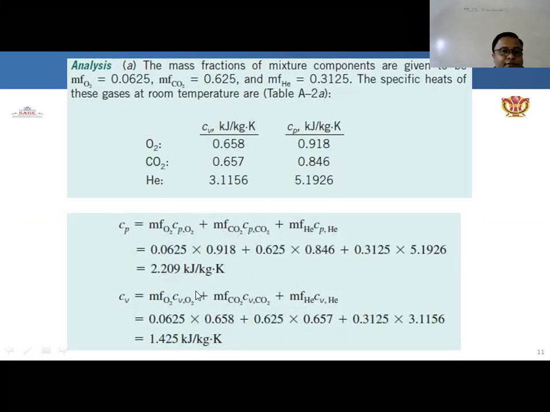इसी तरीके से आपको जब Cv का काम करना है तो मोल फ्रैक्शन ऑफ द ऑक्सीजन and Cv of the oxygen is given, mole fraction of the carbon dioxide and the Cv of the carbon dioxide is given, mole fraction of the helium and the Cv of the helium is given। तो सारी वैल्यू जब पुट अप करेंगे तो आपको मिक्सचर के लिए स्पेसिफिक हीट एट अ कांस्टेंट वॉल्यूम निकल के आ जाएगा 1.425 किलो जूल पर केजी पर डिग्री केल्विन, और ये स्पेसिफिक हीट निकल के आएगी मिक्सचर की कांस्टेंट प्रेशर के लिए 2.209 किलो जूल पर केजी पर डिग्री केल्विन।